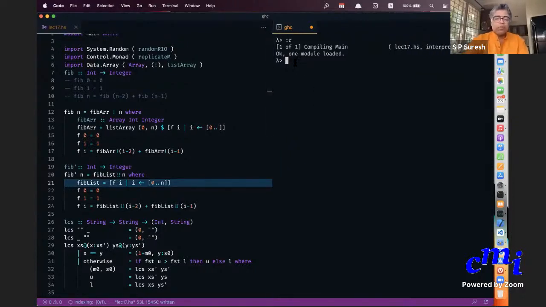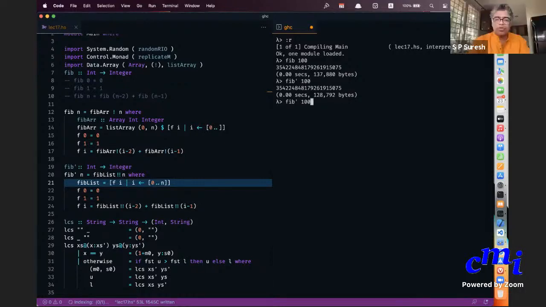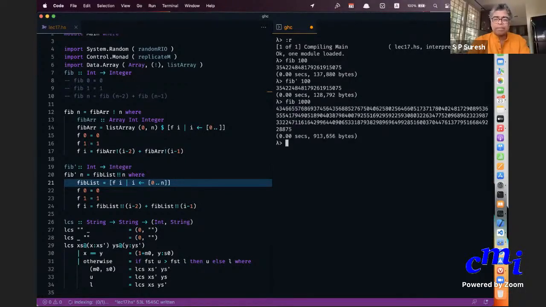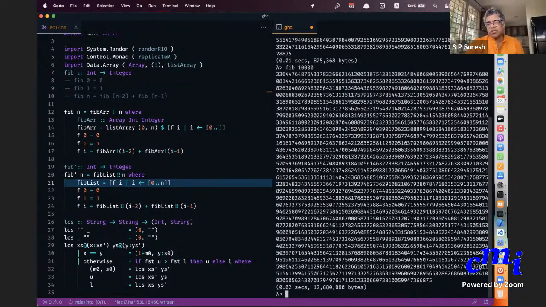Okay, so let's do fib of 100. Let's do fib prime of 100. Okay, here you don't see difference. Fib of 1000. Let's try. Let's keep going till we find a difference. Okay. You can already see the difference.